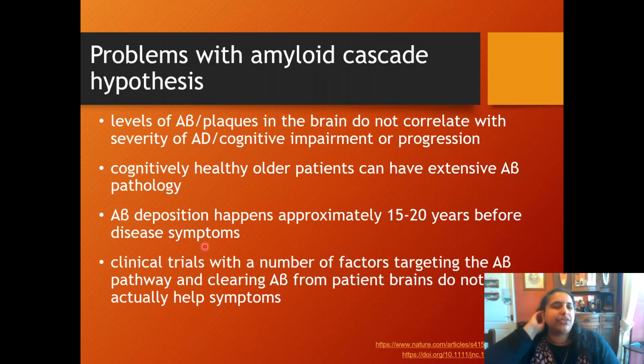But I think the main thing that has really caused us to reevaluate this hypothesis is that clinical trials with drugs that target the A beta pathway and clear the A beta from the brains of the patients don't actually help the symptoms in the patients. So, I mean, that's really where the problems lie. We think that A beta is causing it. All right, so we find some drugs that can bind A beta, that can clear A beta, that can clear the plaques, and then give those drugs to the patients all through the proper clinical trial process, testing, and there's no real improvement in symptoms, and